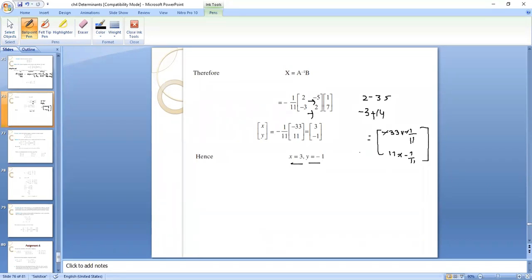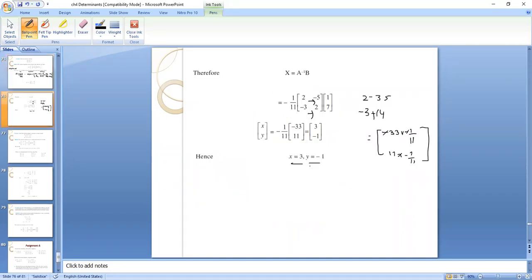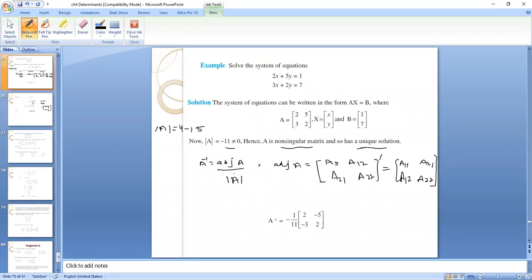So this is how we are solving these two equations. Otherwise, we have done other methods also in the previous class, how to solve two equations simultaneously. The cross method you have done, the substitution method you have done, and solving simultaneously you have done. But in this class, we are doing it with the help of matrices, and whatever method you opt for, you will get the same solution. The value of x is 3 and the value of y is minus 1.